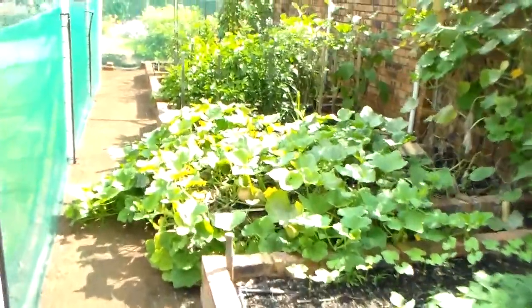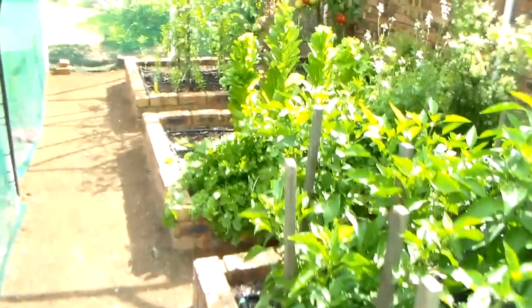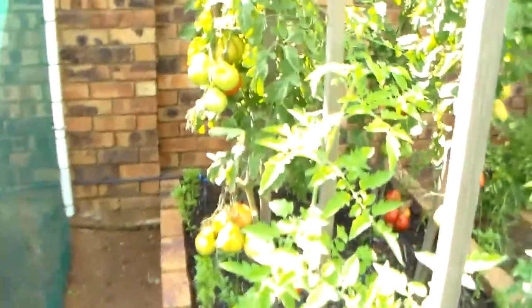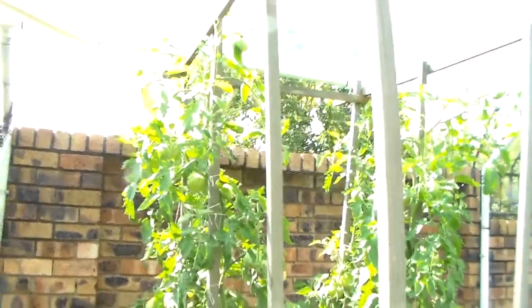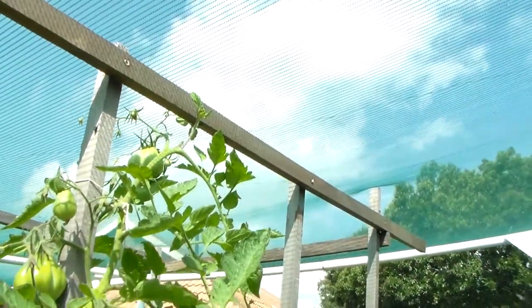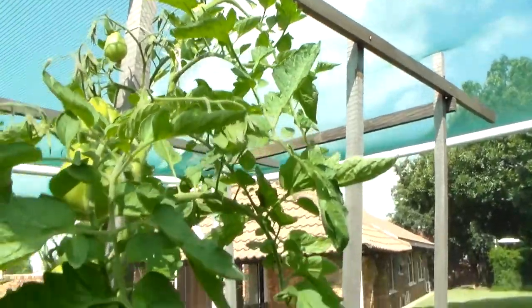It's a bit of a jungle since the last video. Okay, we'll start down this end where the tomatoes are, and you'll see that the tomatoes have reached right to the top of the net. They're right up there by the top of the net, so they're a good 7 foot tall, 2.1 metres,